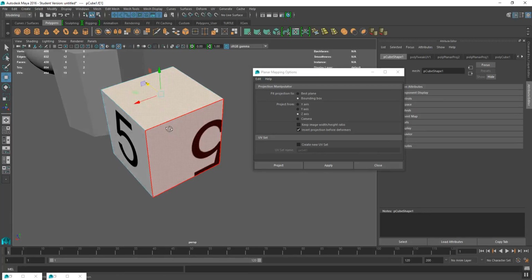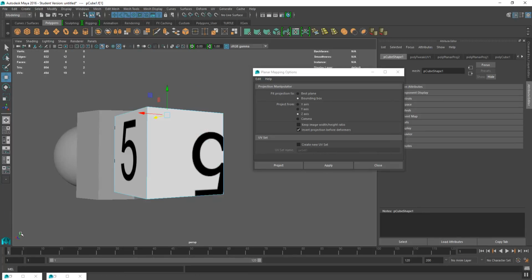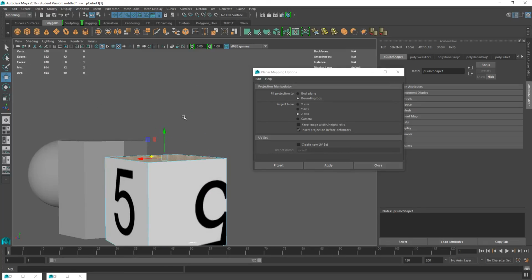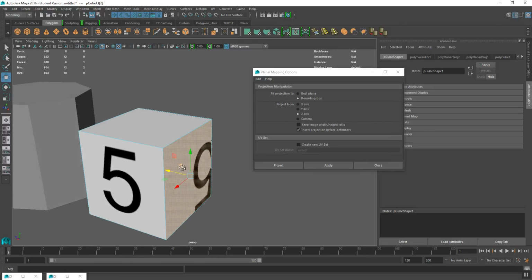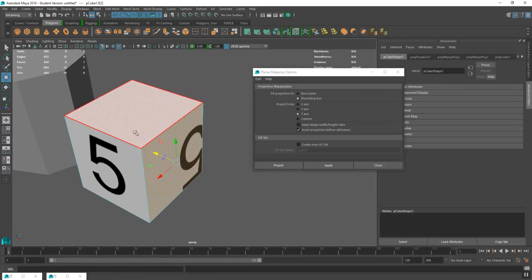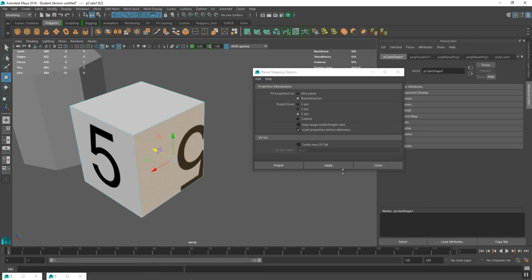If I wanted to project onto the top, Y would be the direction I'd want to project from, like literally taking a projector and projecting onto it. But if I want to project onto this side, Z is the direction I want to fire that projection. So I've got Z selected here,